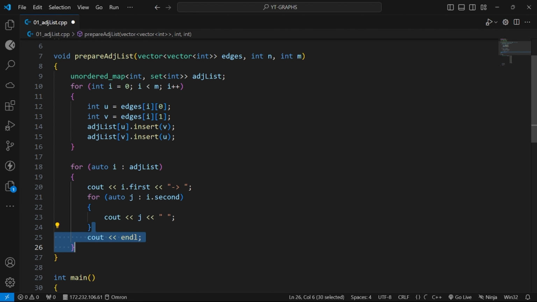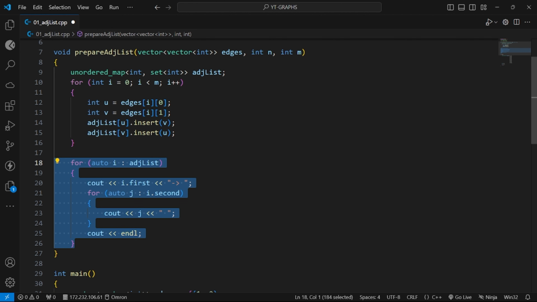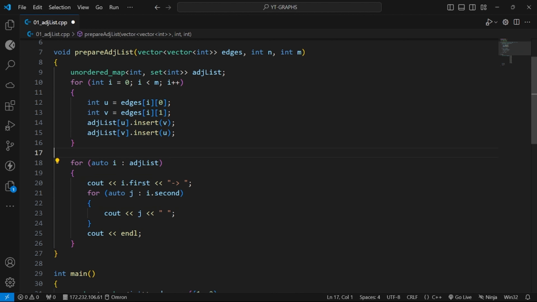This is the piece of code that helps us print it.